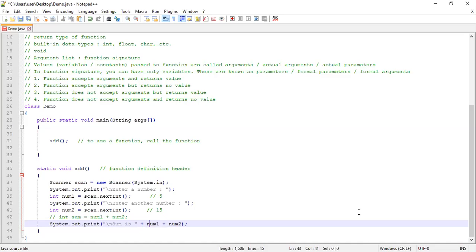That means you will simply concatenate this string with the value of num1 and with the value of num2.